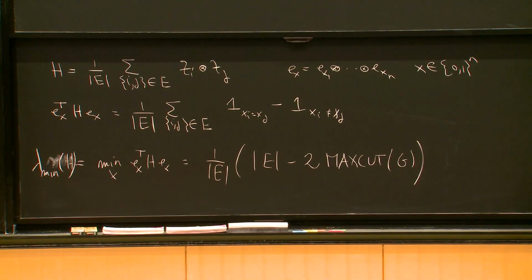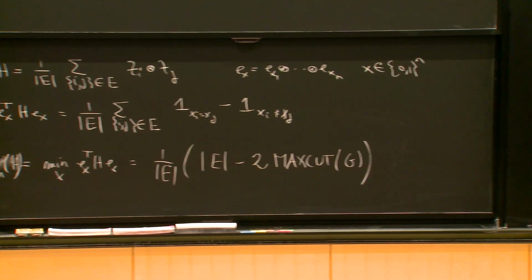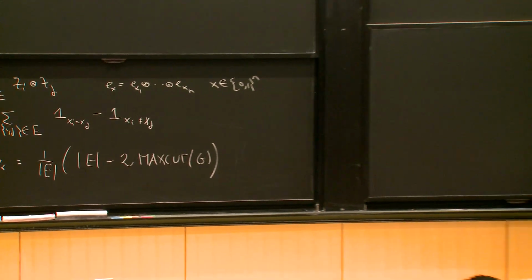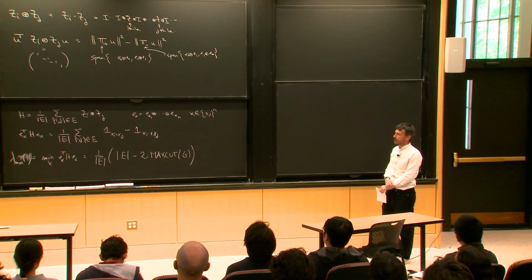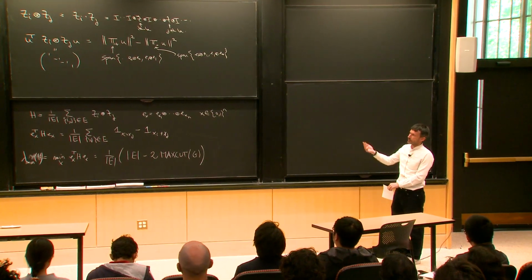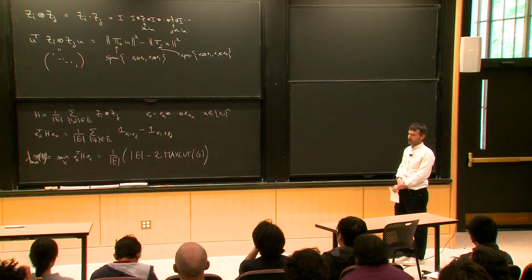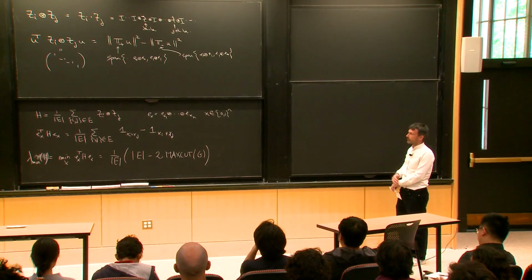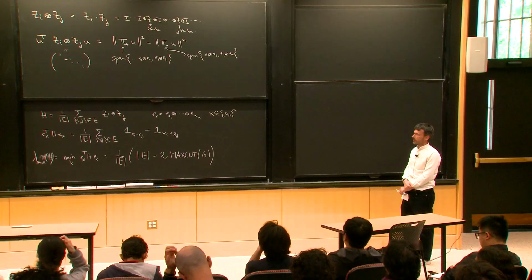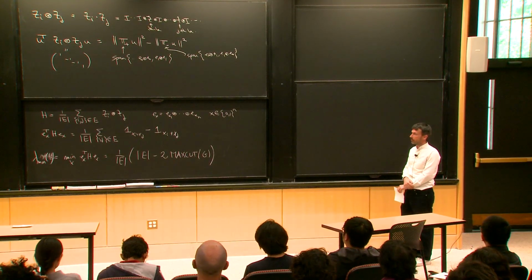Is this okay, the notation? So what I demonstrated here is that you can encode certain classical constraint satisfaction problems, such as the max cut problem, in Hamiltonians. Okay, so I had a graph. I designed a very simple Hamiltonian associated to it, such that the smallest eigenvalue of the Hamiltonian captures the largest cut size of the graph. In particular, because the max cut problem is NP hard to solve, even to approximate, I